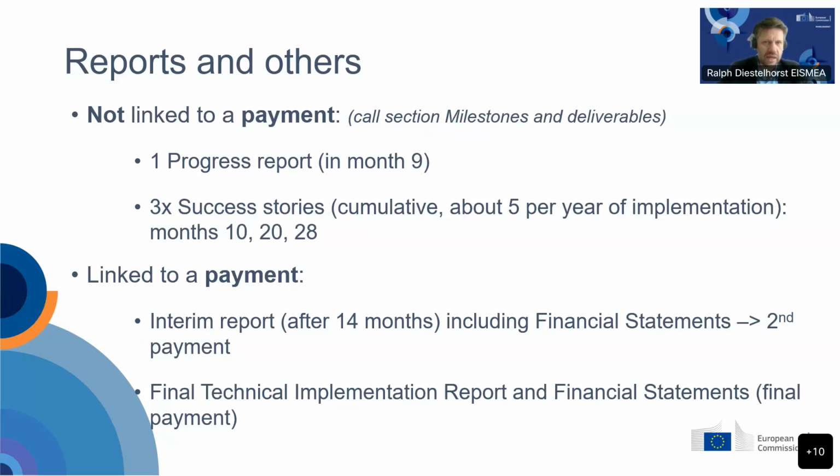Now, if you look at the consortium composition and you think that you might have 6 or 7 organizations in your consortium, and those are supposed to send us 5 per year of implementation, it actually means less than 1 per organization. So think about that. We're not asking for 1 per organization. When you reflect on a potential proposal,